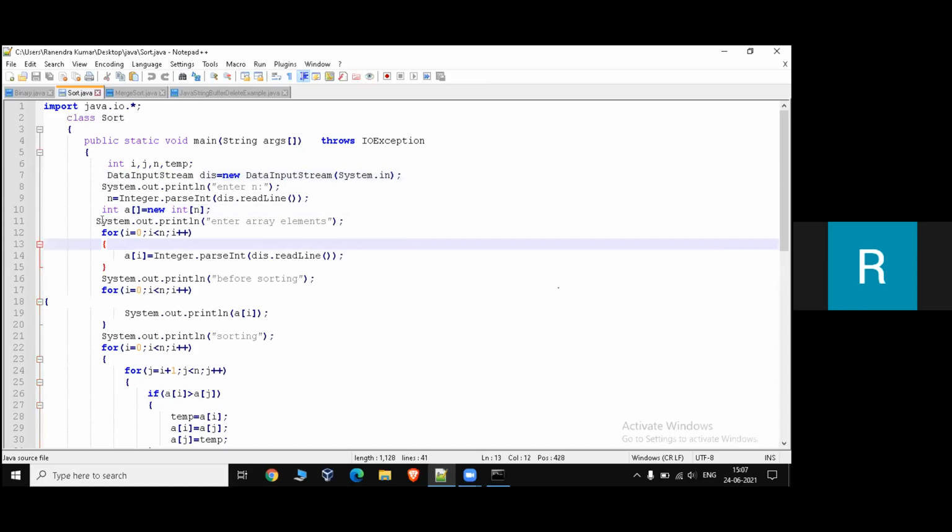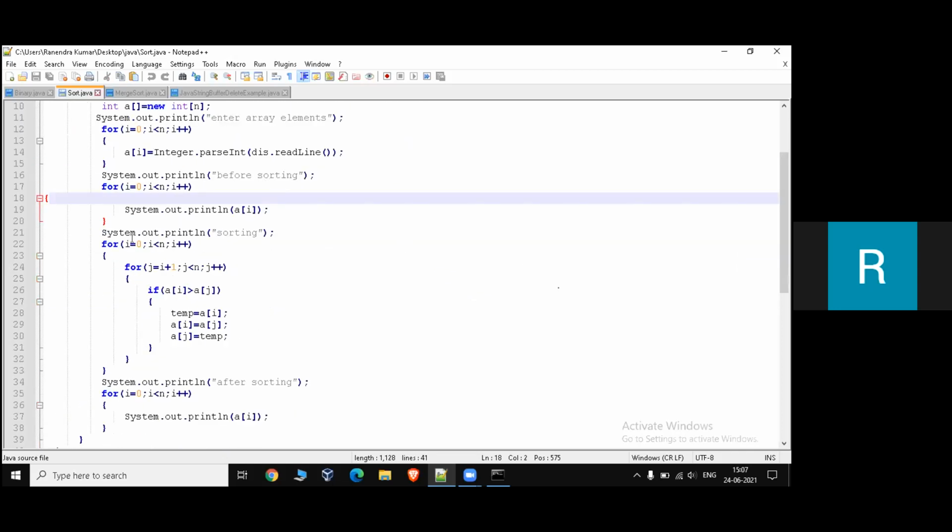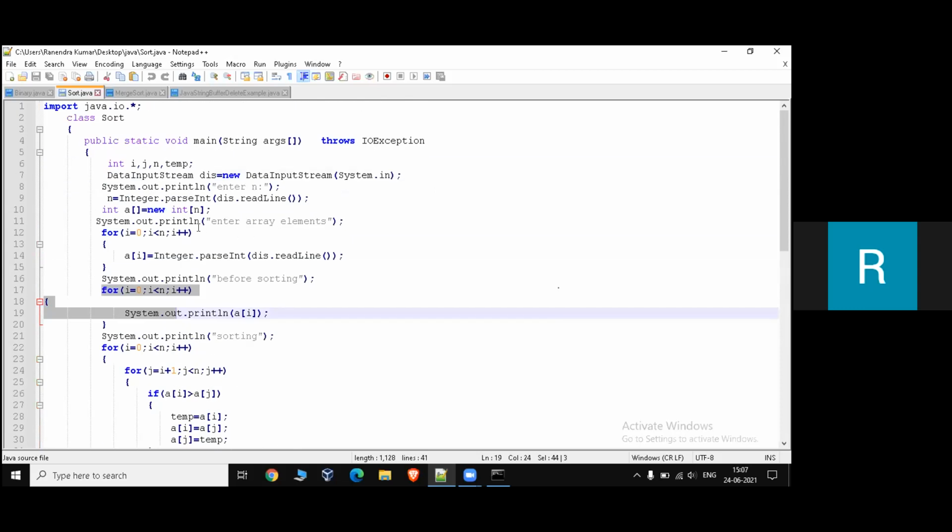Next, this is the statement for understandable purpose. Next, this for loop is used to read the inputs into the array, and this for loop is used to display the array before sorting.